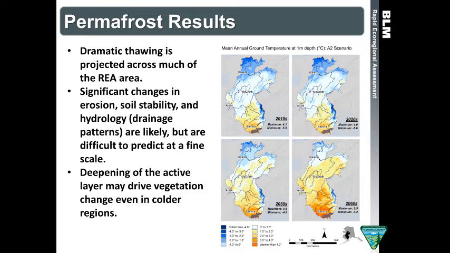Up in the far north in the 2060s, you still see shades of blue. Those shades of blue mean that at 1 meter depth, the temperature is still below freezing. However, those areas also are likely to undergo thawing, spot thaw in warmer areas, south-facing slopes and around water bodies, and deepening active layer. In addition to these map outputs, we also have maps of active layer thickness, and these outputs have been combined in a lot of interesting ways with discussion of landscape integrity and conservation elements. So I think you'll see these interpreted in ways that might be of interest to you.